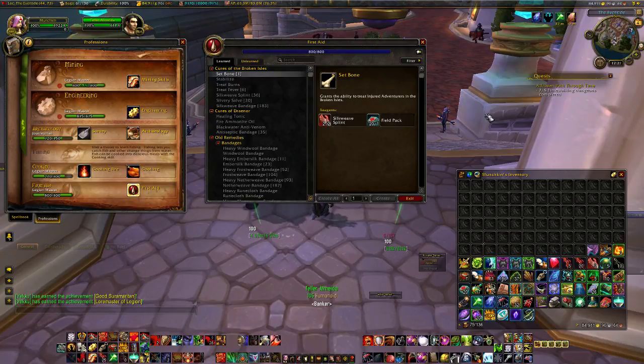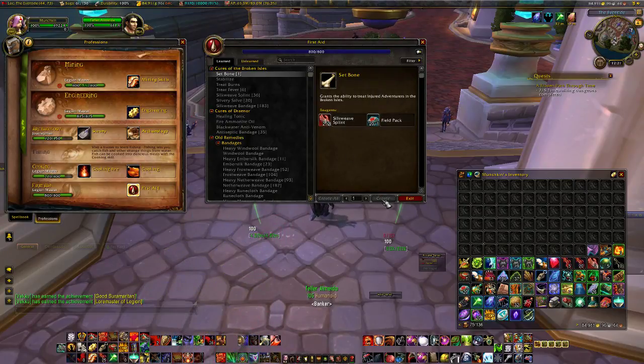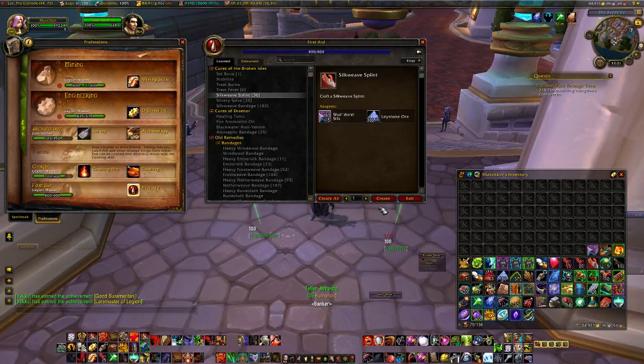Ugh, it's gonna have to be that healy egg of immortal bullshit trinket. Oh, that's set bone. I want to do that. Splint, there we go. Like how you need ore to make splints. I'm not sure how that works, but...